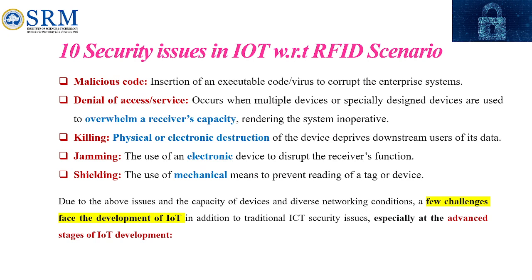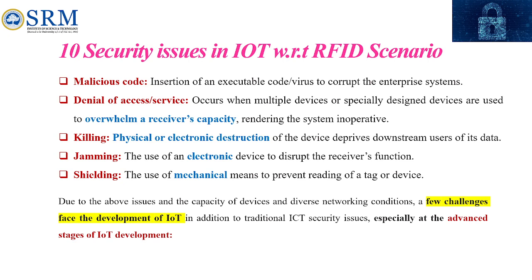to corrupt the enterprise system. Denial of service is when multiple devices are specially designed to overwhelm the capacity, rendering the system inoperative. Killing is the physical or electronic destruction of these devices, affecting downstream users of their data. Jamming is when electronic devices sometimes stop the receiver's functionality. And shielding is when mechanical devices stop the reading of a device or